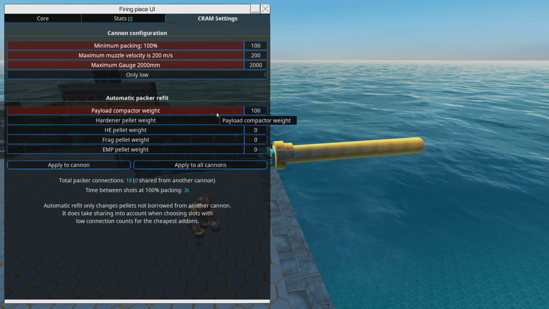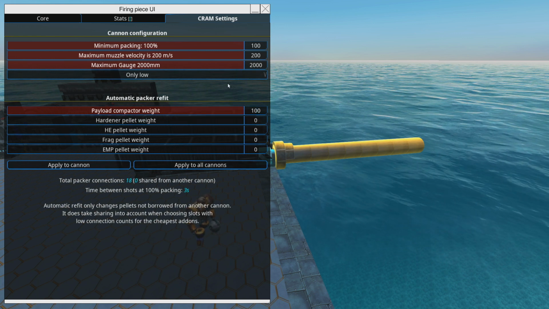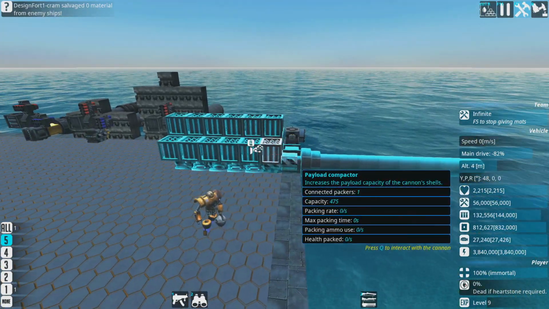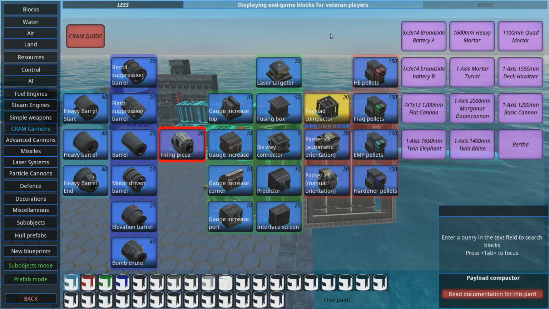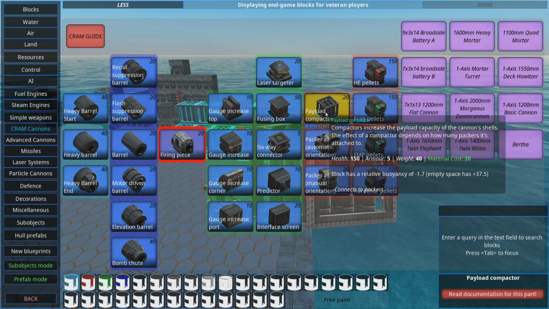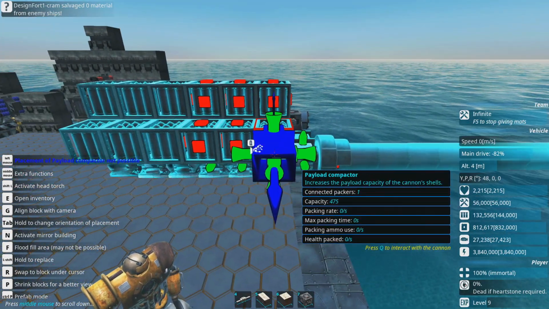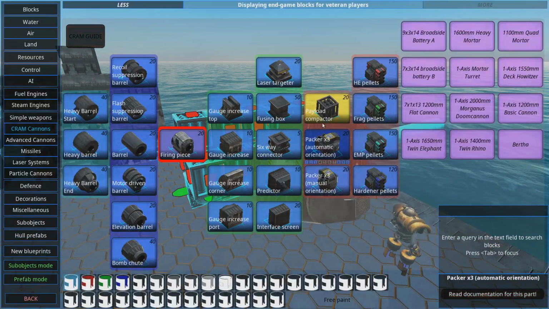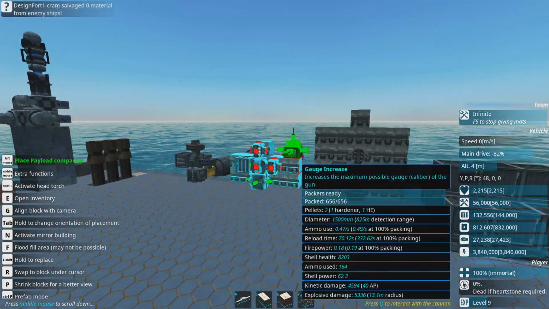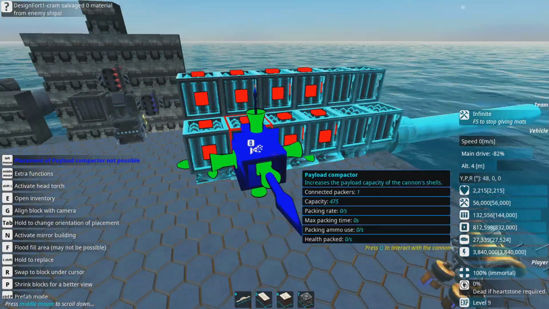Right, next is the interesting new part, which is the automatic packer refit. Now this is where previously we would have to, in the build menu, go and check whether you wanted HE, frag, EMP or hardness, and then how much ammo. You can now create them all using the payload compactor. You can still add those in individually and define it manually, but if you just add in lots of payload